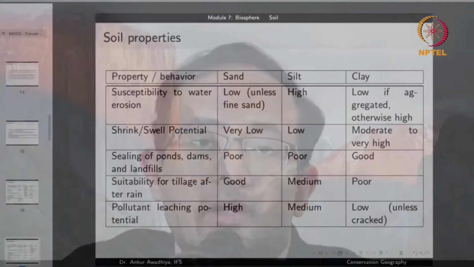Now, when we talk about water erosion, we are talking about a situation where a lot of water is there with the soil. And so the soil very easily gets into a suspension mode, and so it can very easily be removed. Now, this is unlike the case of wind erosion, in which case if the soil is wet, then wind finds it difficult to move the soil because of the aggregation effect. But in the case of water erosion, so much water is available that the clumping action of water does not play any role here.